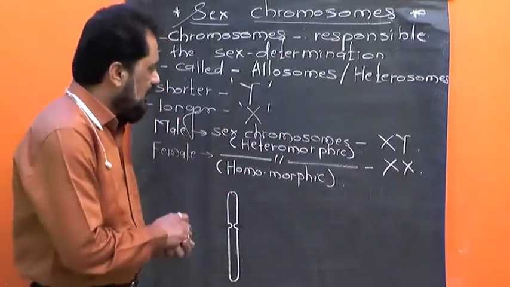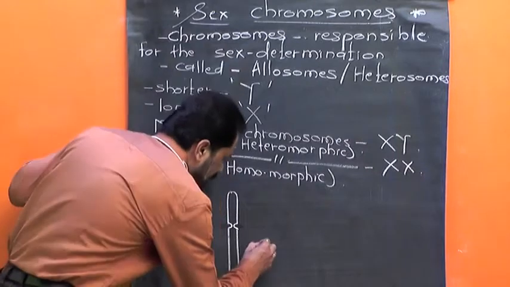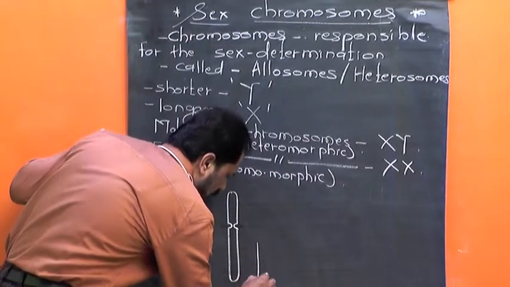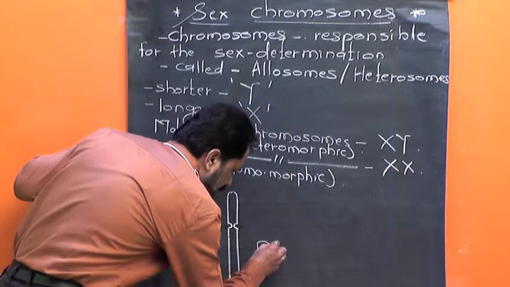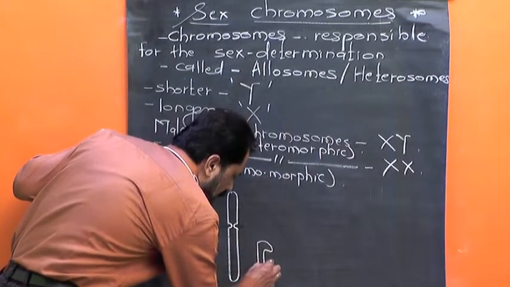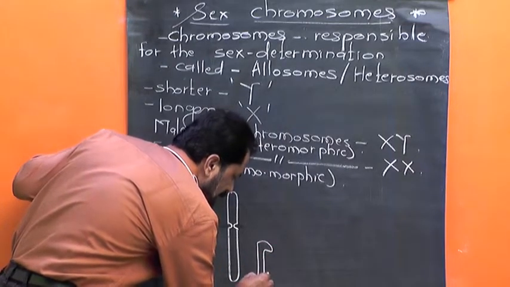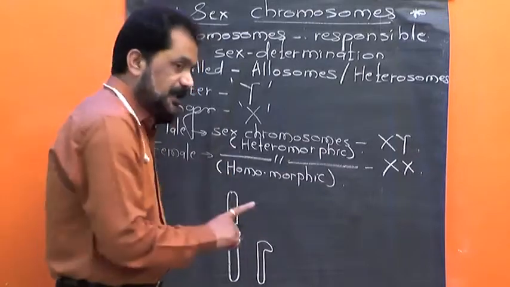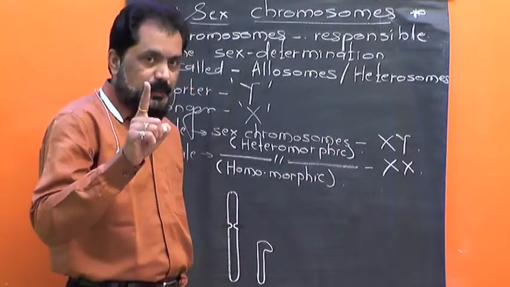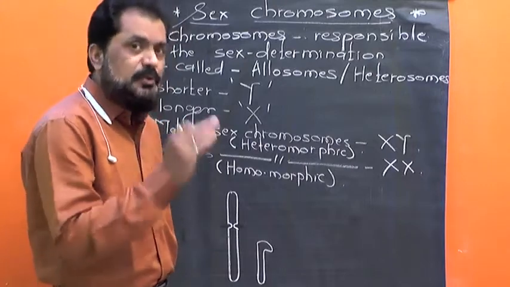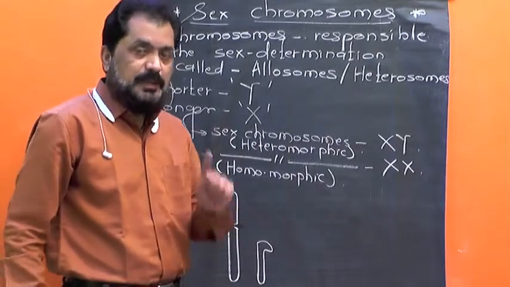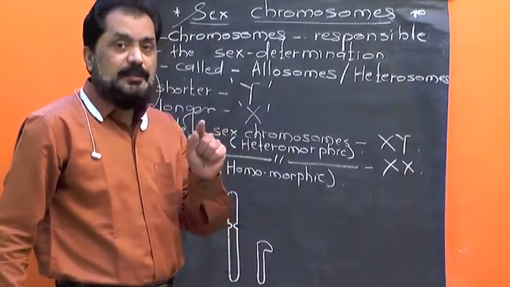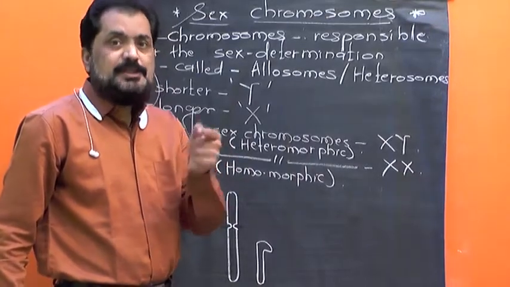submetacentric, while the Y chromosome is shorter. It is curved or bent, but in human beings it is straight. It is not curved. Remember, except human beings, in other mammals and even in most of the insects, say